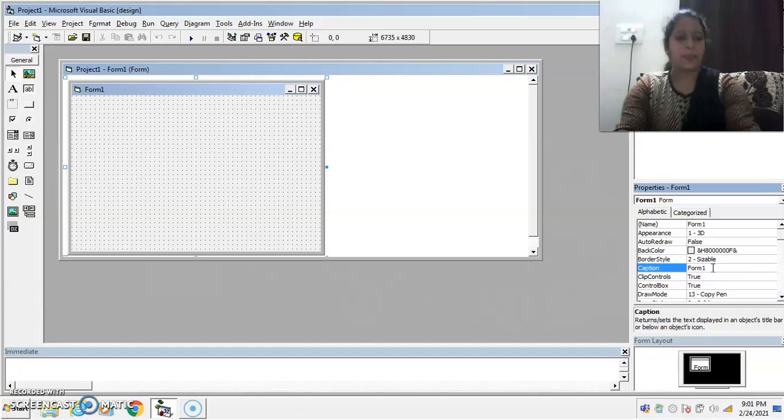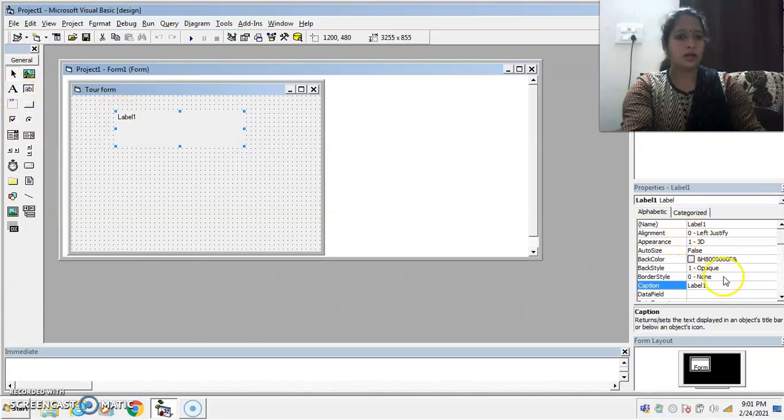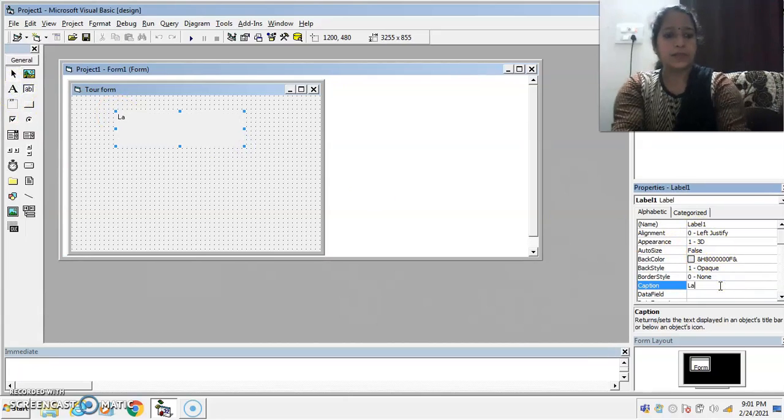Suppose let us design a tour form. Okay, take one label control and set its caption to travel agency.